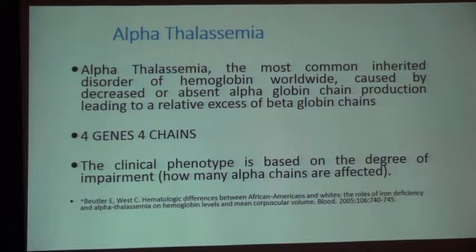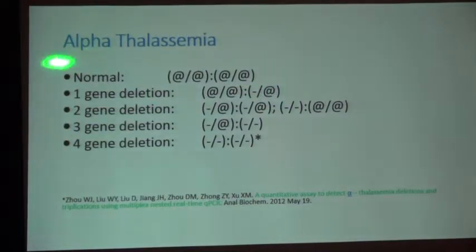Anyhow, we all know about alpha-thalassemia. We have 4 genes controlling the alpha chain, and the clinical phenotype is based on the degree of impairment, how many alpha chains are involved. So normal is like that. One gene deletion is called silent carrier. Two gene deletion will cause some microcytosis, hypochromia. In our area, this is the prevalent type. In Southeast Asia, this is also a common type. That's why they have more hemoglobin H disease, because they carry the 2 alpha genes on one side of the chromosome. Three gene deletion will result in hemoglobin H, and